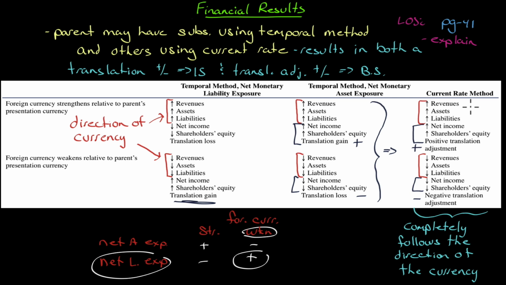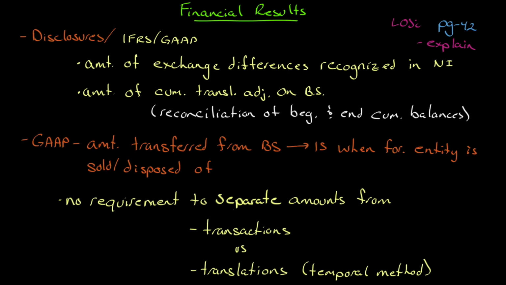If it's asset exposure, I'm going to go with the currency. If it's liability exposure, it's opposite. And you don't have to remember what liability exposure is, because if you can remember, like I said, I'm going to circle it again. If you can remember just this, you can fill in the rest of this chart and everything is easy. All right, let's just wrap up this last learning objective, and it wraps up the chapter, and